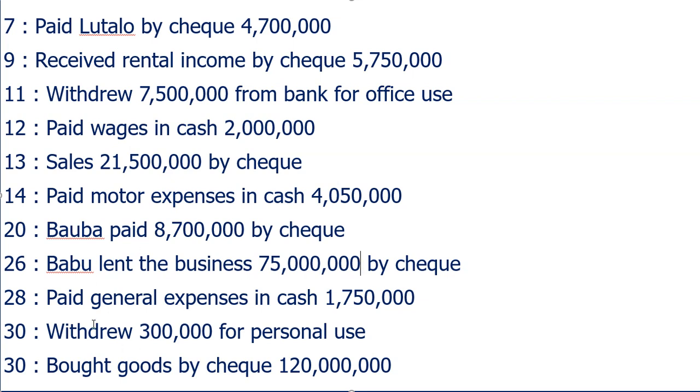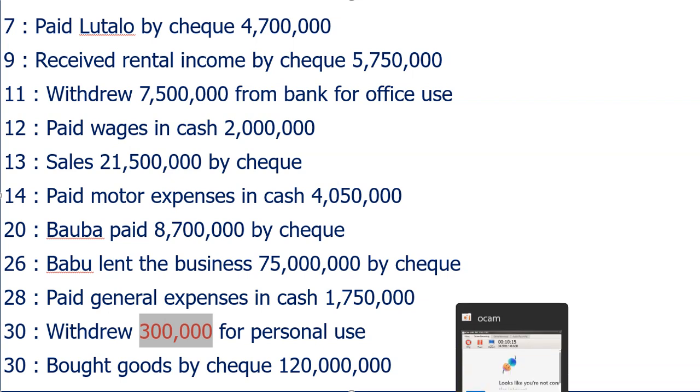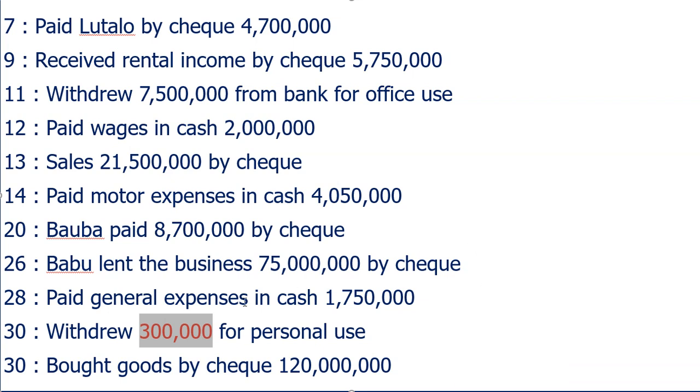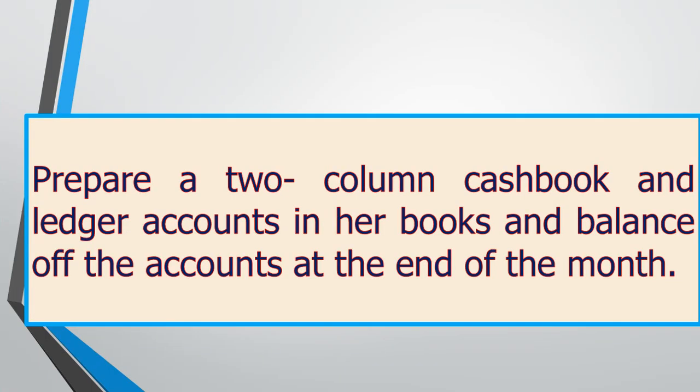Then on 28th, we paid general expenses in cash, 1.75 millions. Then on the 30th, they withdrew 300,000 for personal use. Personal use means these are drawings. Then on 30th, they bought goods by check, 120 millions. We are required to prepare a 2-column cash book and ledger accounts